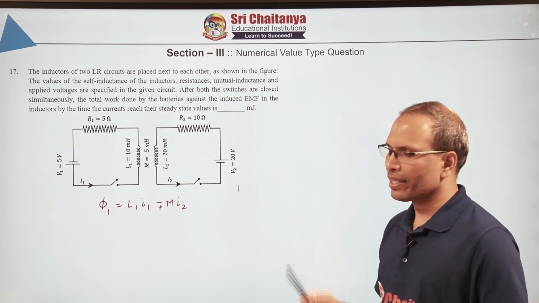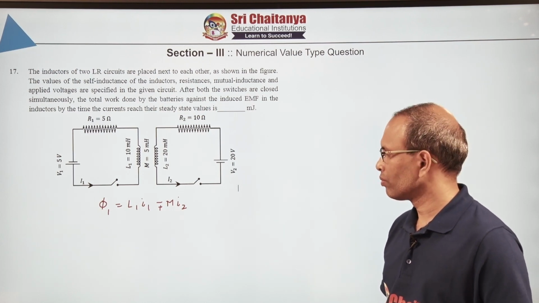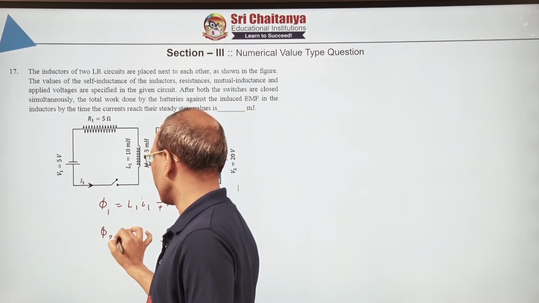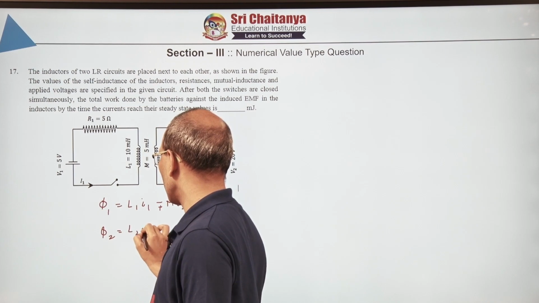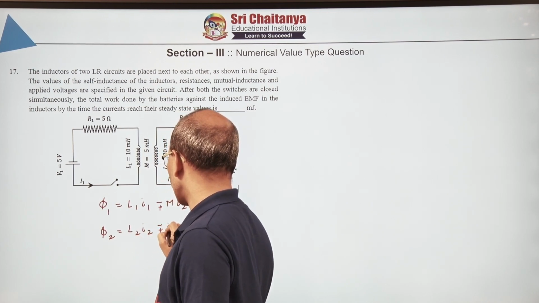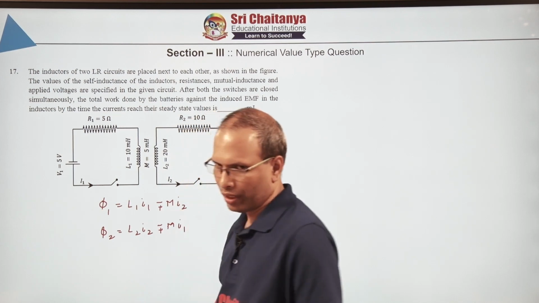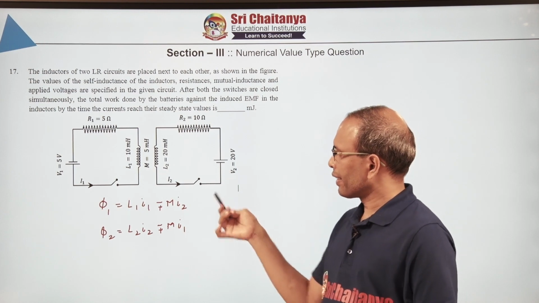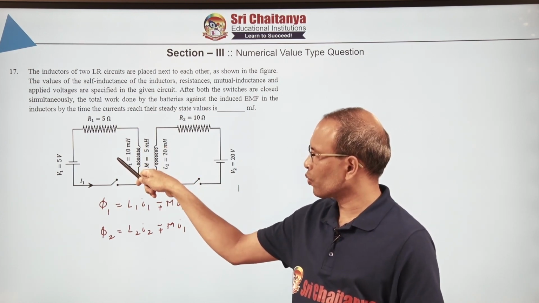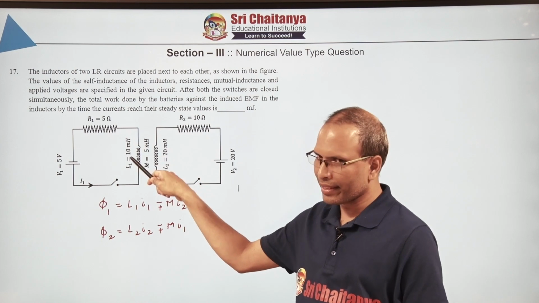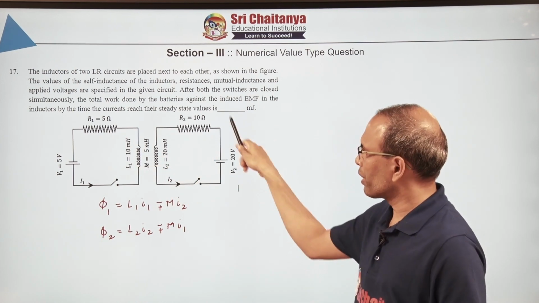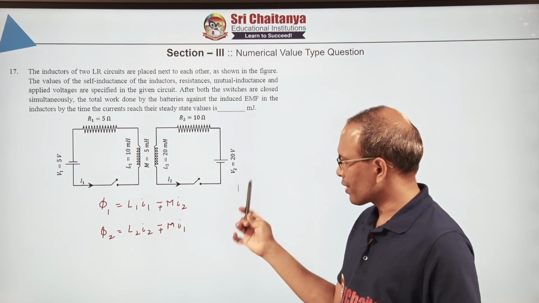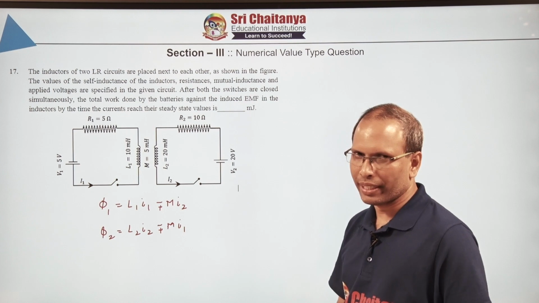This will be the flux linked with the first loop. Similarly, the flux linked with the second inductor can be written as L2 I2 minus or plus M into I1. Now, whether it is plus or minus depends on whether the current in this is enhancing the flux in the first one or the current in this is enhancing the flux in the second one. Now from the diagram it is not at all clear whether they are enhancing each other or opposing each other. So let us take one condition and then see both possibilities can exist here.